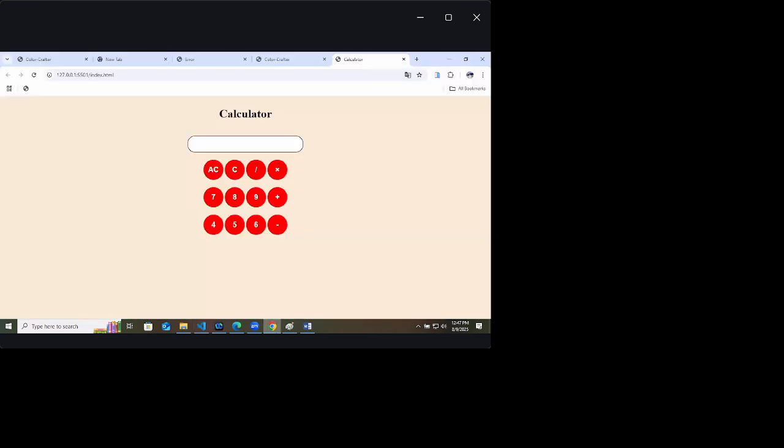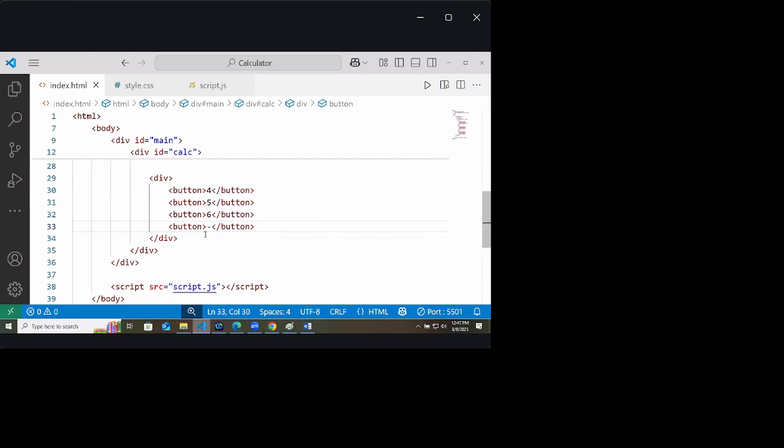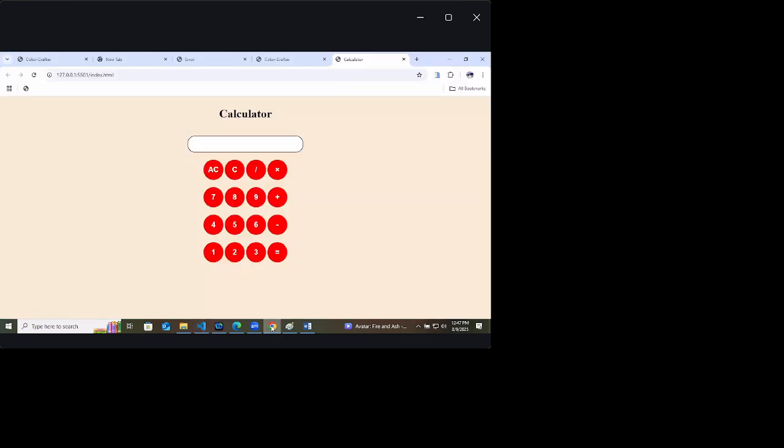Got it? One more time. 1, 2, 3, equals to, like this.